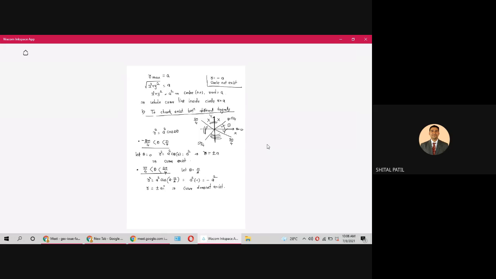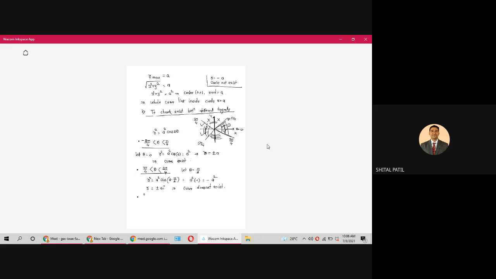So by symmetry, see, curve is symmetric about this line, y-axis. Symmetric about x-axis also, but let me consider symmetric about y-axis over here. Now curve exists here, right? Here curve exists, here curve exists. So by default curve will exist here also by symmetry, since curve is symmetric about the y-axis. Okay, so let me write that.